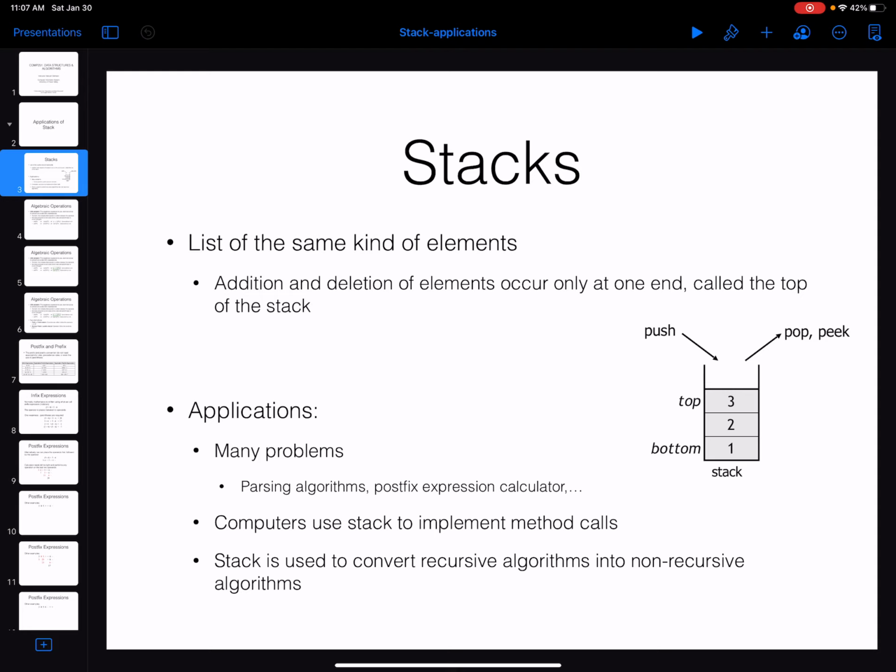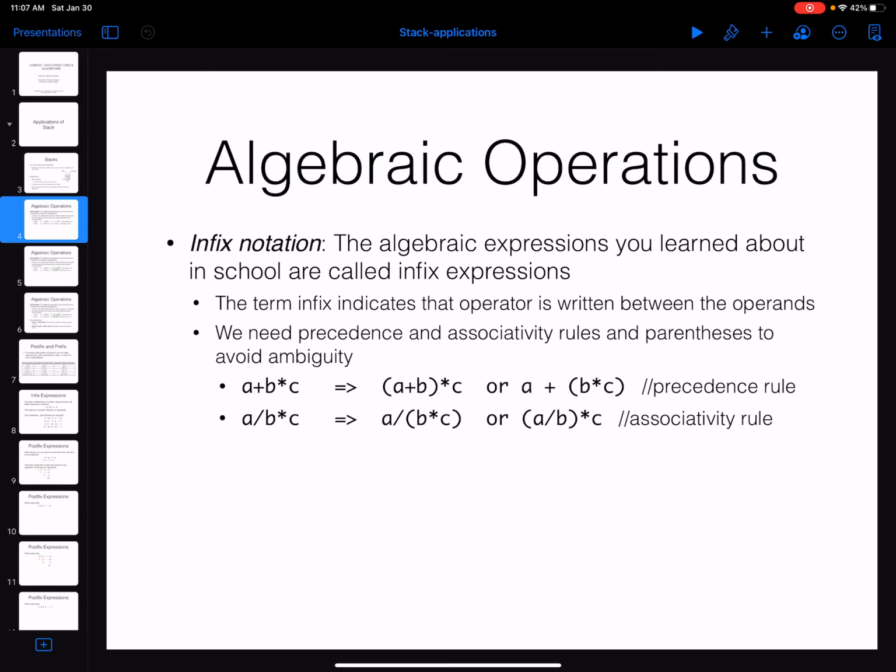data structure. There are many applications for a stack: many parsing algorithms, converting infix to postfix expressions, calculating postfix expressions. Computers use a stack to implement method calls. These are the things that I am going to talk about today, because they are very interesting problems in computer science. So first I need to define this notation, what we call infix notation, postfix and